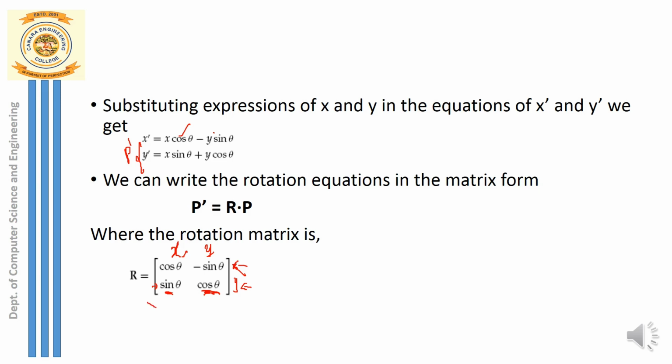It is this matrix. R is equal to cos theta, minus sin theta, sin theta, cos theta. So that matrix you multiply with the old point. So what is my old point there? X, Y. I am writing it in the form of a column matrix, where R you can write directly as this matrix. And what is our P dash? P dash also should be written in the form of a column matrix, x dash and y dash. This is how you represent the point or the rotation in the form of a matrix.